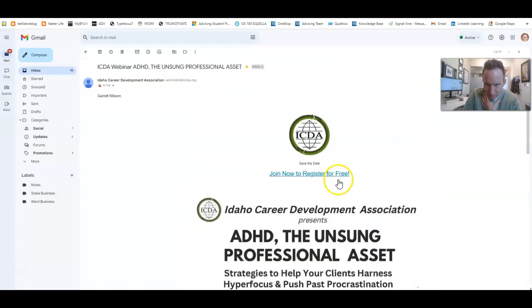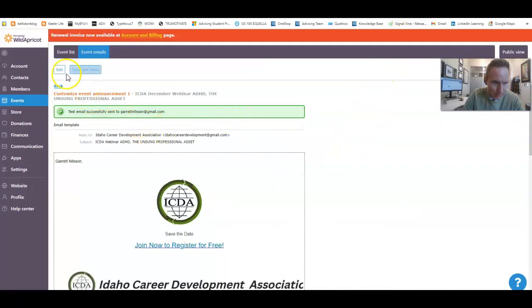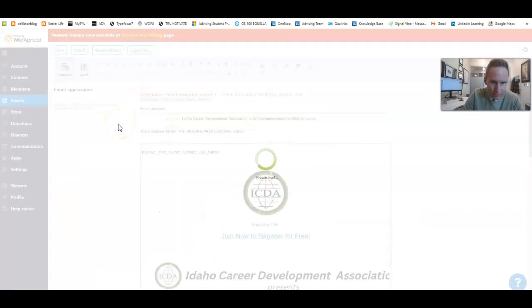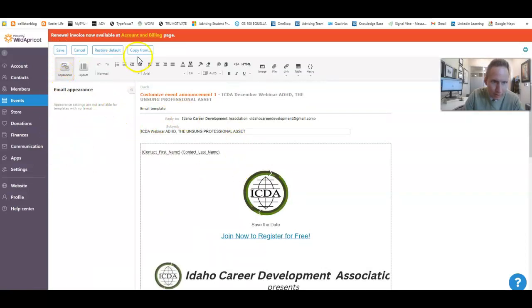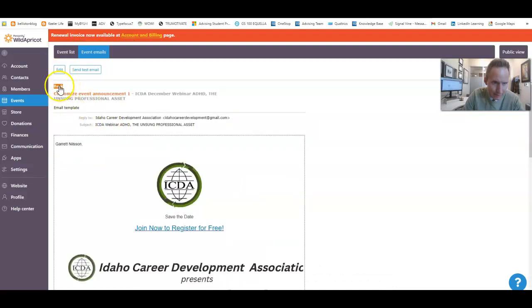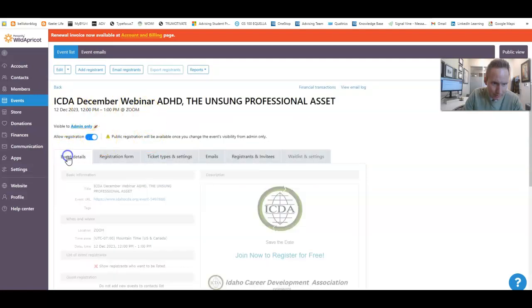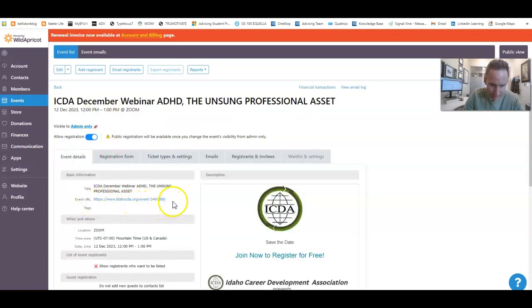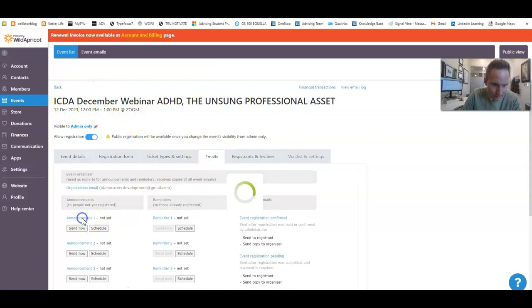I'm remembering now that we really need the registration link to this event in that. So let's go back over, edit this event here. Well, again, to get the link, it's back on the details page. Event details, this is the URL specifically to the registration page, which will also show up on our website homepage. So I'm going to copy that, go back over to emails and announcement 1,